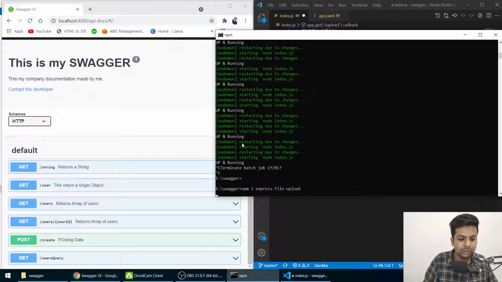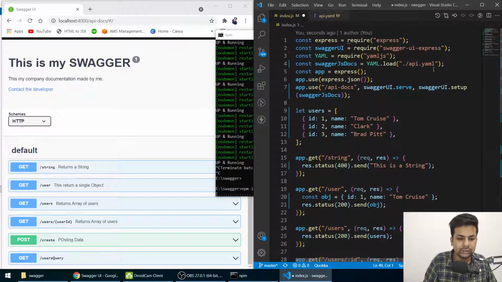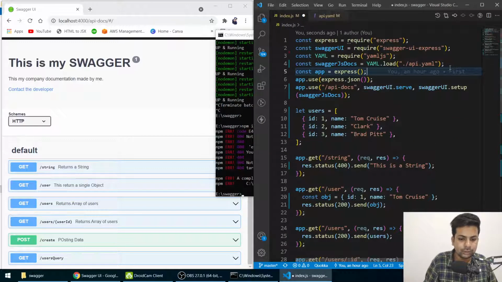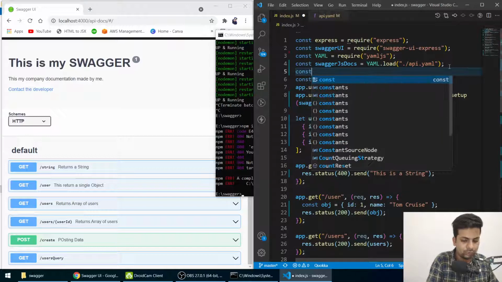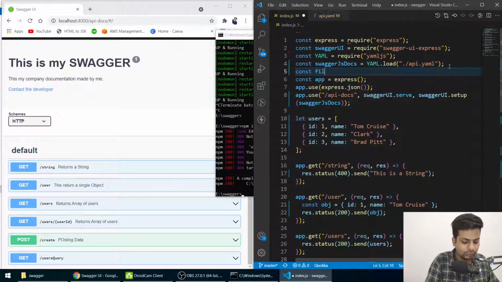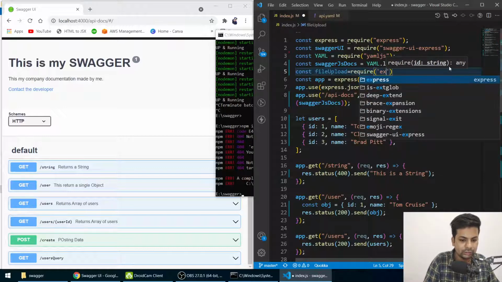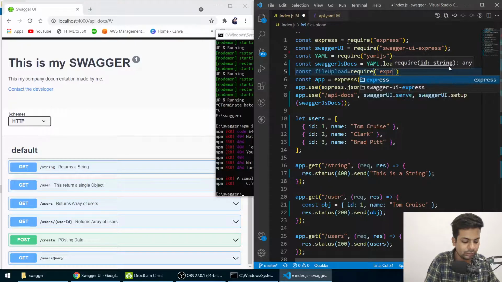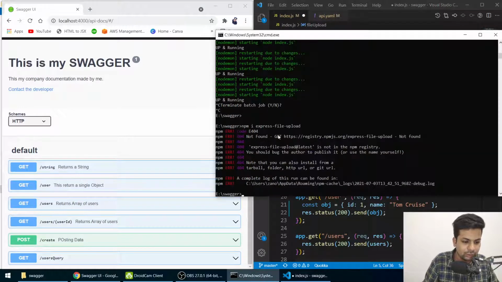Okay, so it will be quickly installed, and here I'll say const fileUpload equals require express-fileupload. Okay, it's not installed.